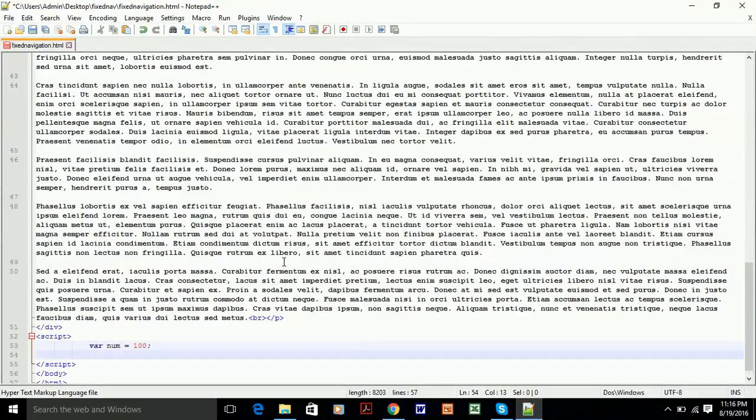Next, here is some jQuery code. Not really JavaScript, it's the jQuery library, that's why it looks a little bit different from regular JavaScript syntax. Just the function name. It shows us if we scroll more than 100, which is the variable num, then do something like